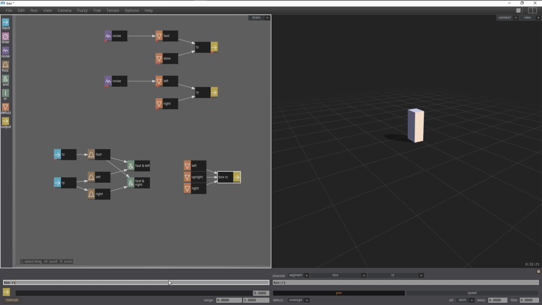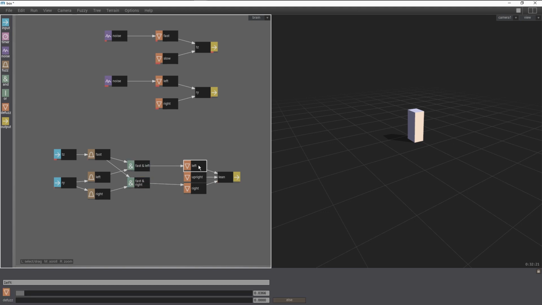We can rename this to just be lean, which makes more sense. It doesn't affect the function because what it does is set by the channel. The name is just for us to understand what we're looking at here. So it makes it easier to understand that this is lean left, upright, and lean right. So now we can connect our AND nodes to complete the rules. In this case, what we want is if fast and left, lean left, if fast and right, lean right. So we just make those connections,